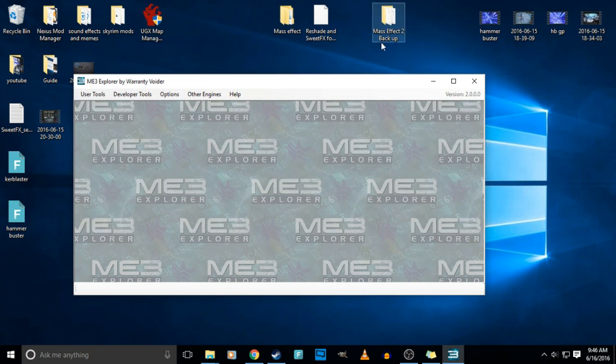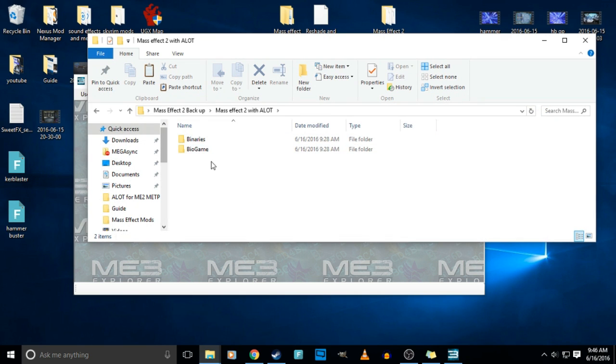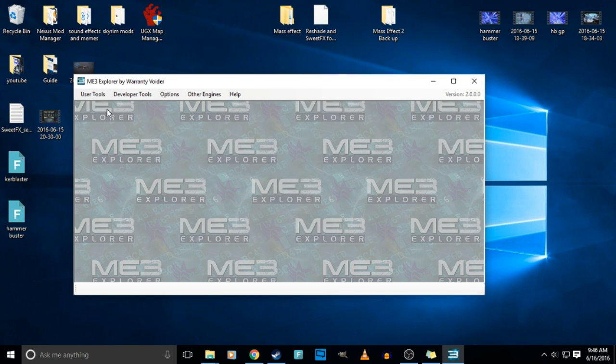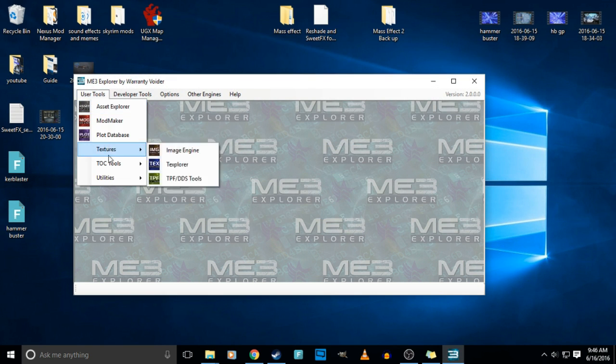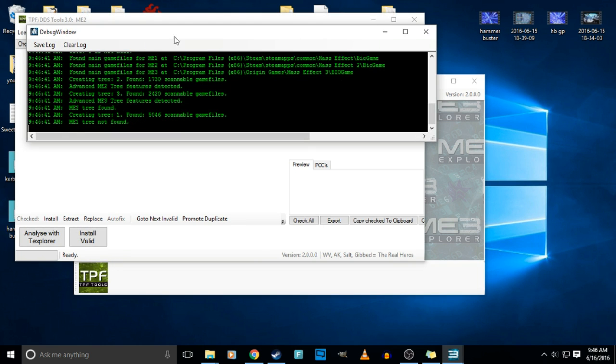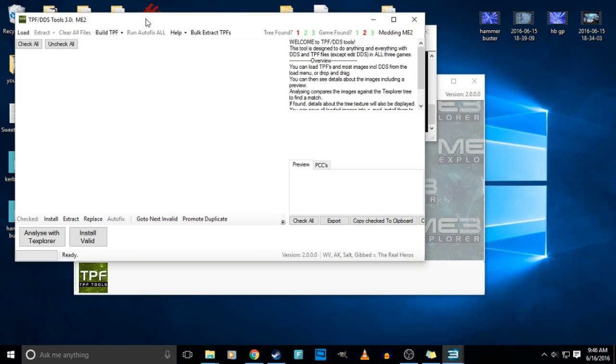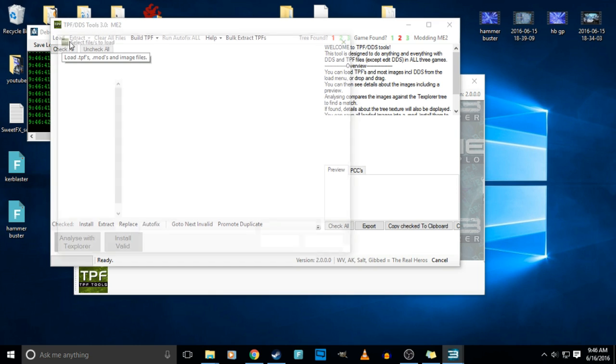Alright guys, so after you've installed all those files, what I'd recommend doing is making a backup of your updated binaries and biogame, just in case we mess something else up. And we're going to want to go to User Tools, Vectors. You guys will probably already have this open still, but I have to open it again. I'm going to go to Load,